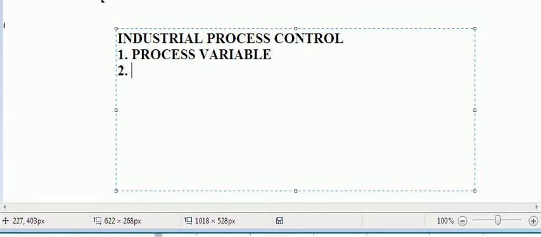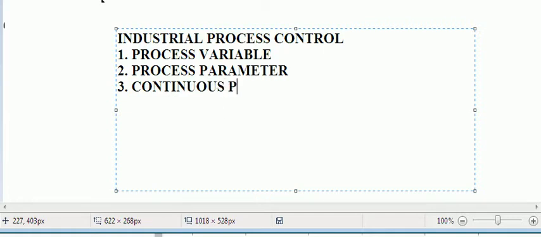Second, we are going to discuss the process parameter. This is the set point or the target by which you want to activate your output. Usually, to control the output we require a set point, and this set point or the target is your process parameter. And the subdivision of this we will see about